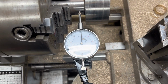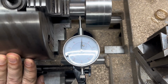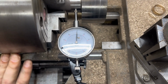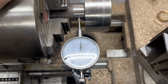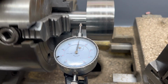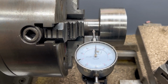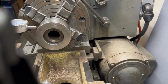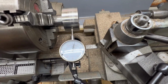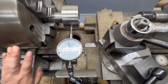All right, probably the best four-jaw dial-in that I've done. Less than a thou of runout on this part of the shaft. And so let's bring it over to the pulley and see what that looks like. As we just saw, this part of the shaft is dialed right in, but we're getting